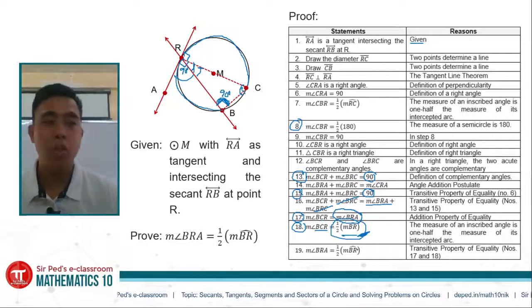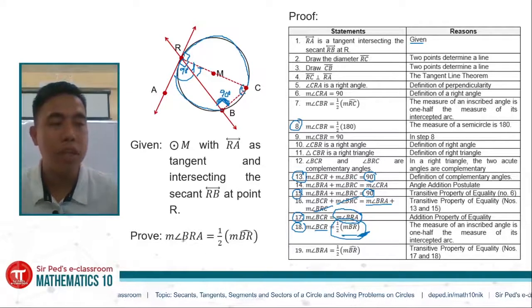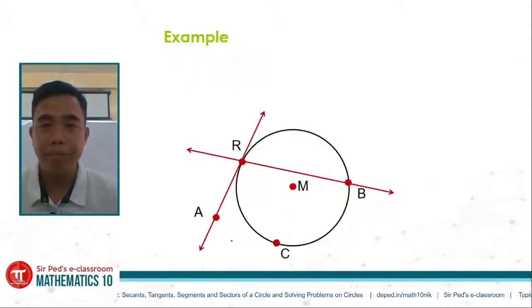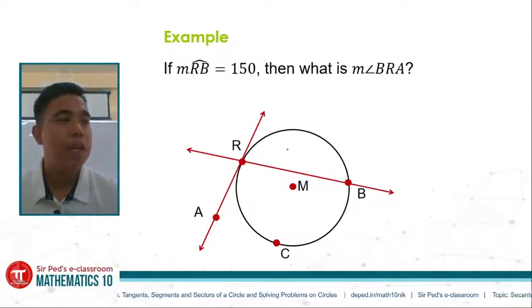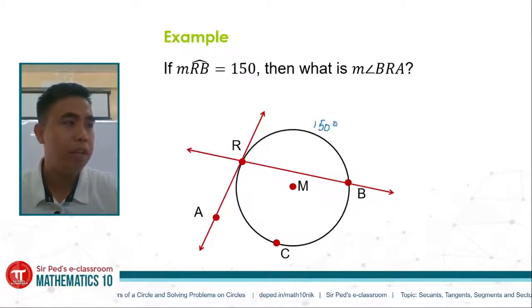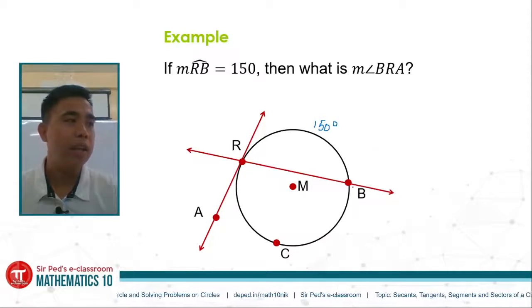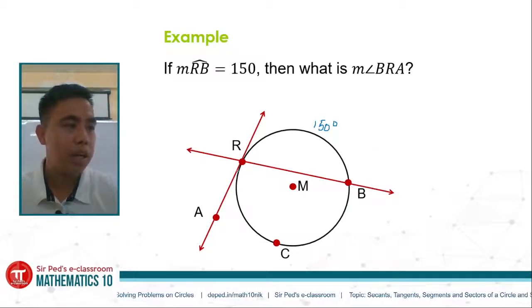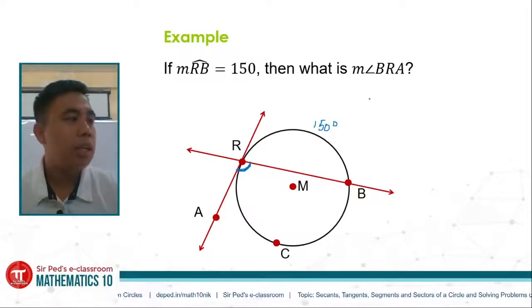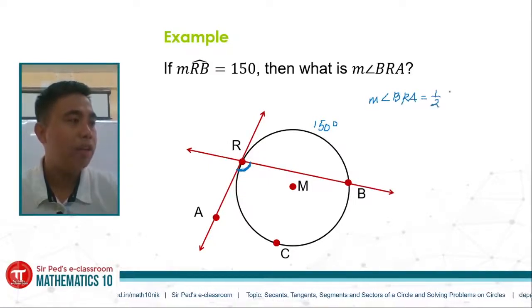So that is how we prove it. We have already proven that the measure of angle BRA is equal to 1/2 the measure of arc BR. Let's have an example. If the measure of arc RB, this one, is equal to 150 degrees, then what is the measure of angle BRA? Based on our theorem, the measure of angle BRA is 1/2 the measure of its intercepted arc